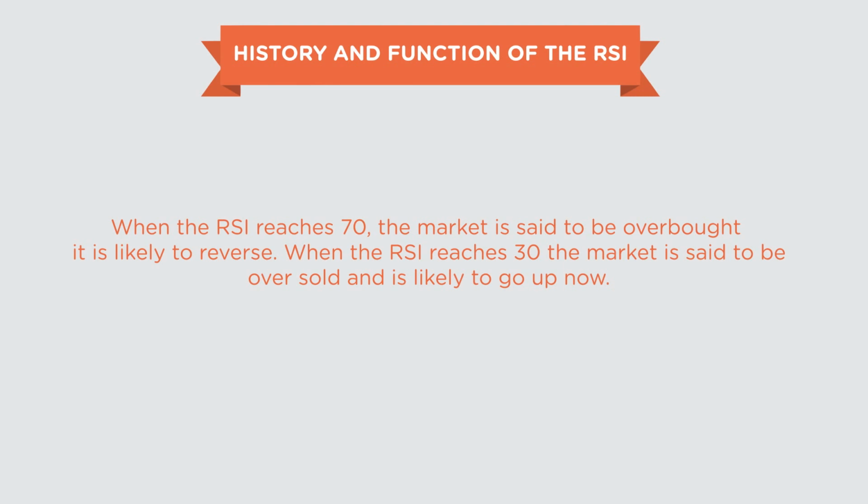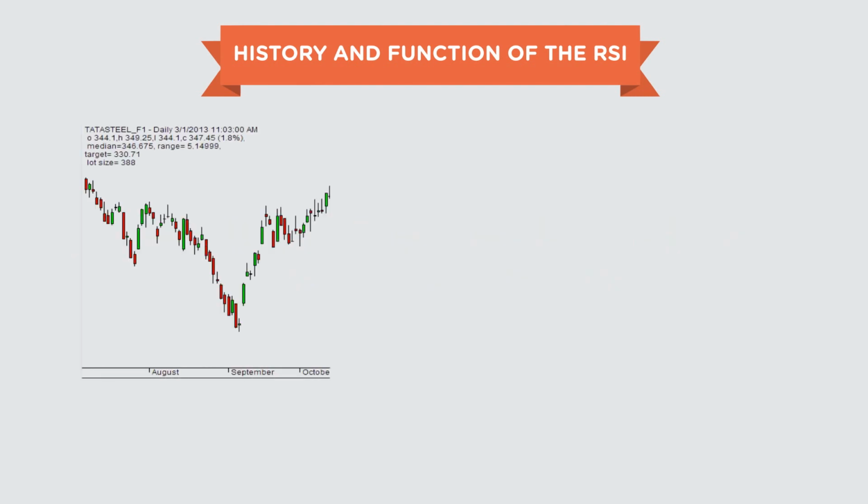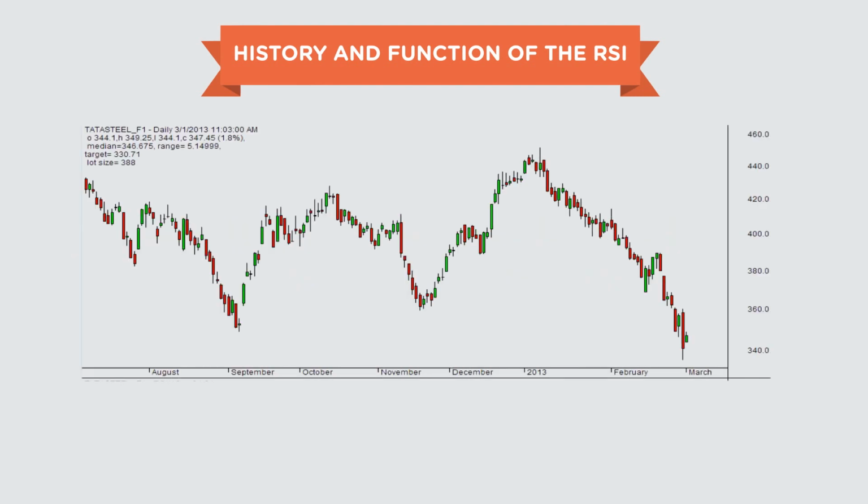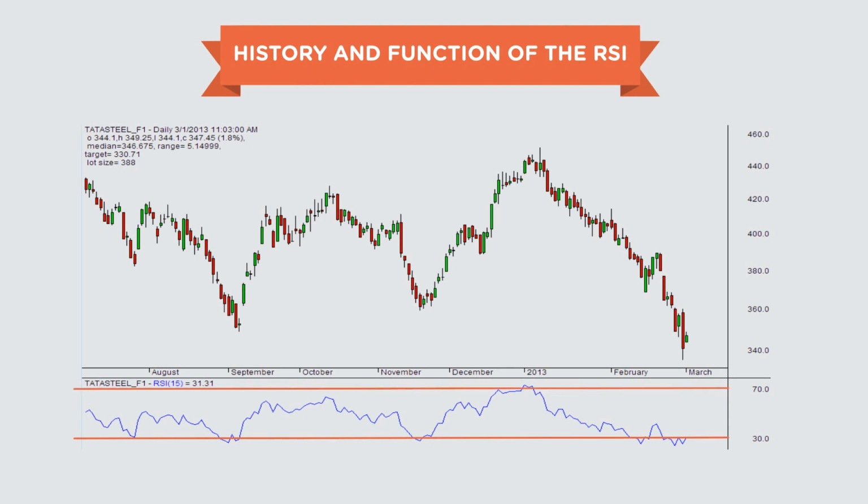Let's go step by step. Number one, you first need a daily chart. I'll select Tata Steel daily charts and I'll add the RSI indicator at, say, 15 periods. You could also use 14. That's completely fine. Next, you need to draw the 30 and 70 lines on the RSI scale. I'm using orange here. As you will see, the RSI touched 30 about 1, 2, 3, 4, 5 times, and the 70 only about twice.